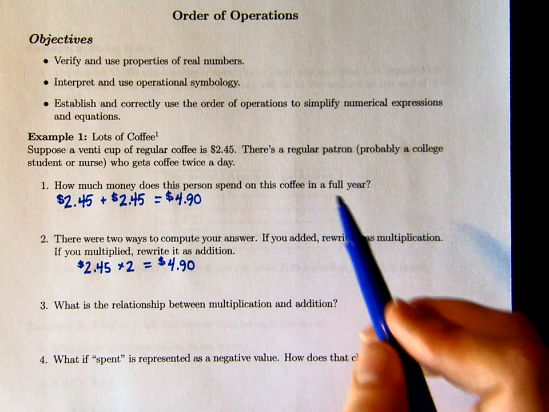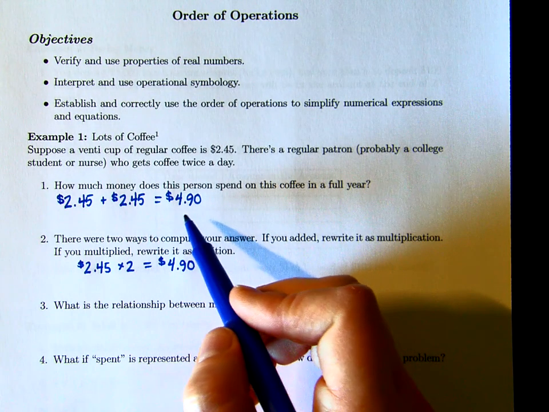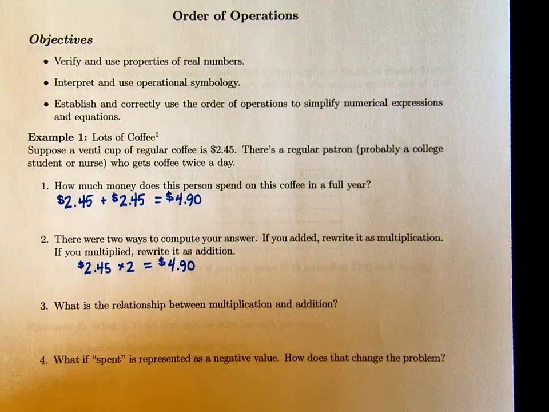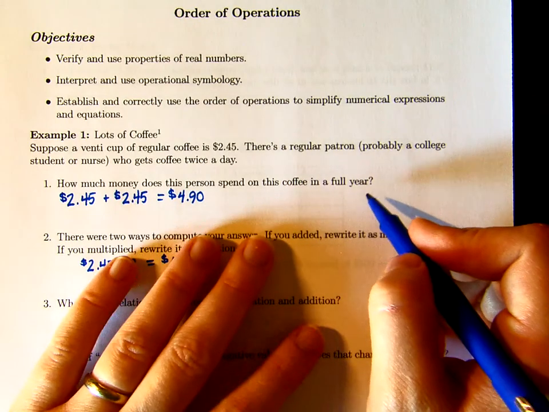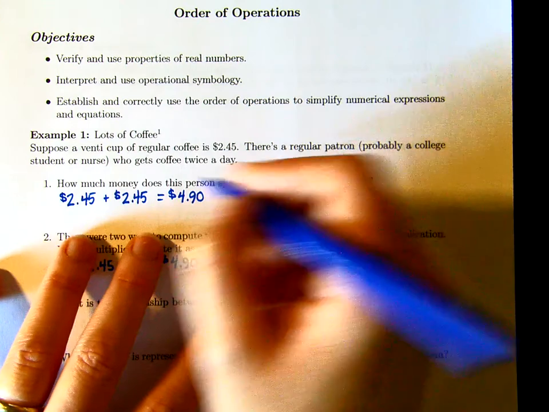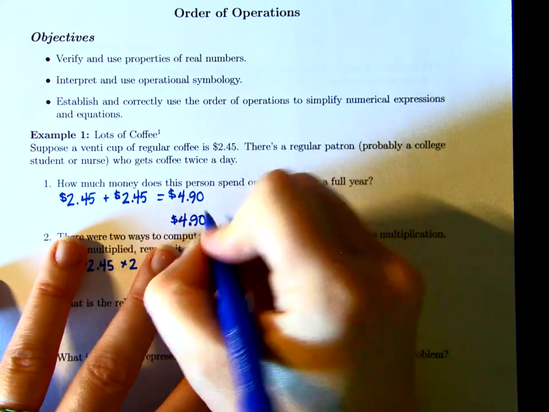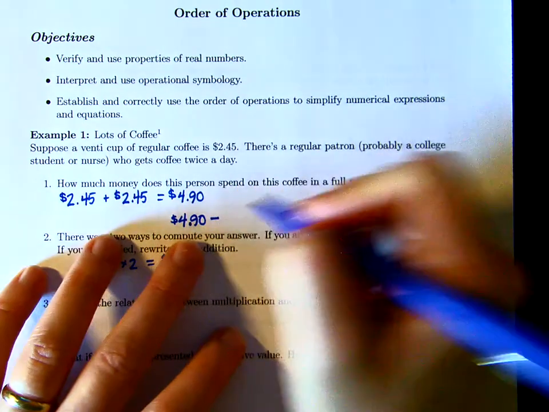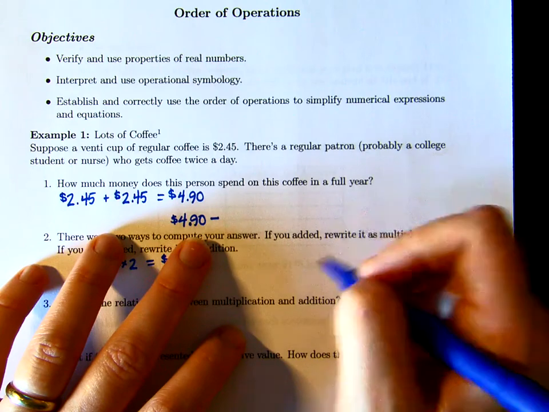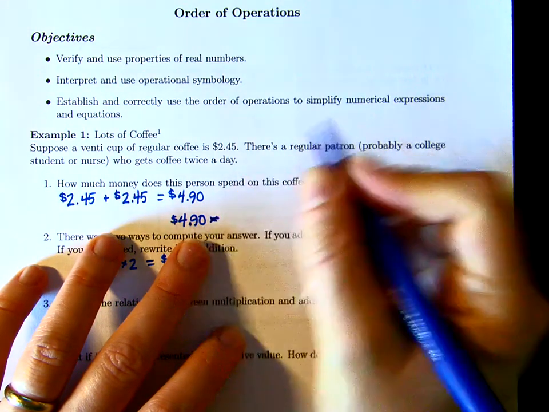Now, but then it says for a full year. So this $4.90, or just under $5, is happening 365 times. So to get the full year here, I'm thinking, okay, so we are taking this $4.90 and we are, oopsie, I was about ready to write adding it together 365 times, but then I thought, no way. So I'm going to change this to multiplication, and this is being added